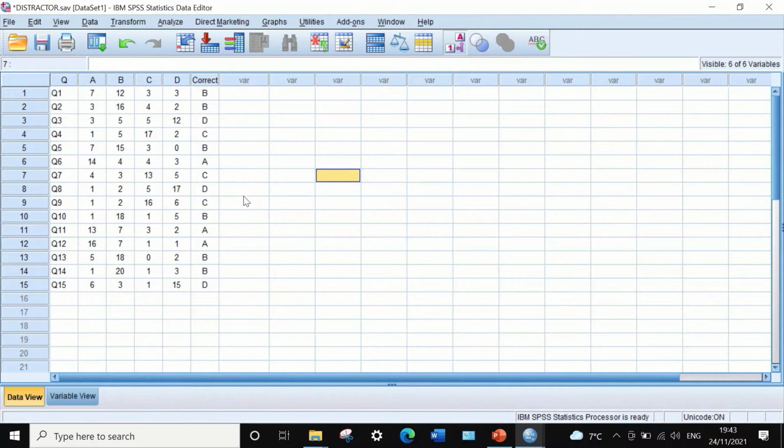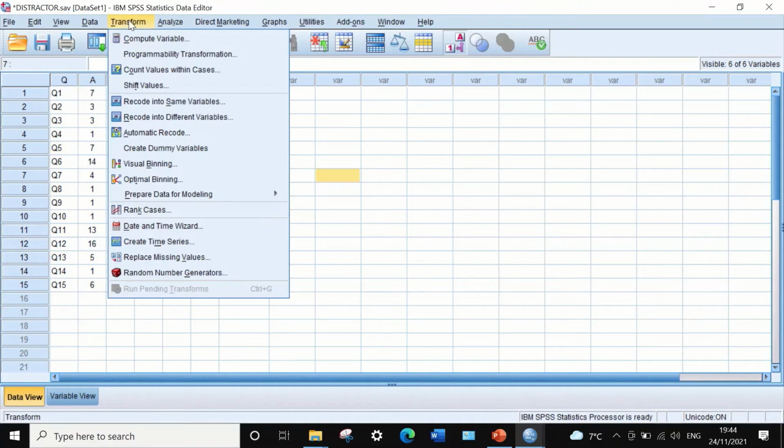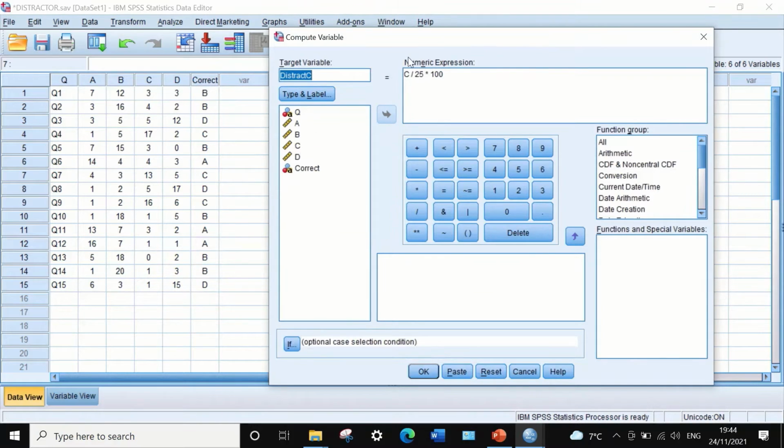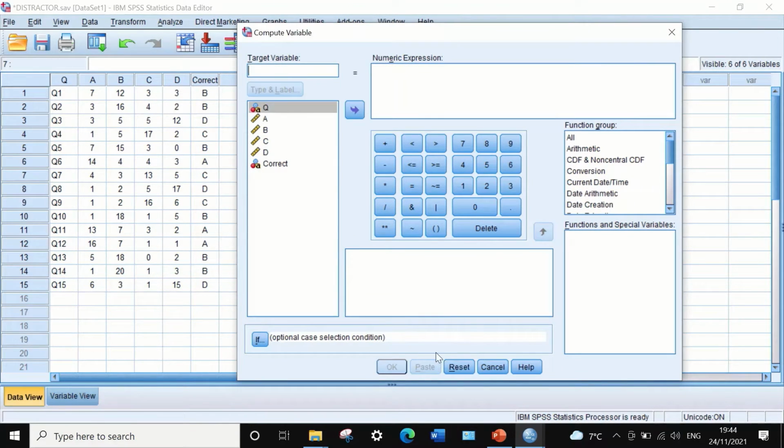To evaluate the effectiveness of these distractors in distracting the students from selecting the correct answer, we're going to use the formula described previously. And the way to do that is to click on transform, click on compute variable, and in the compute variable